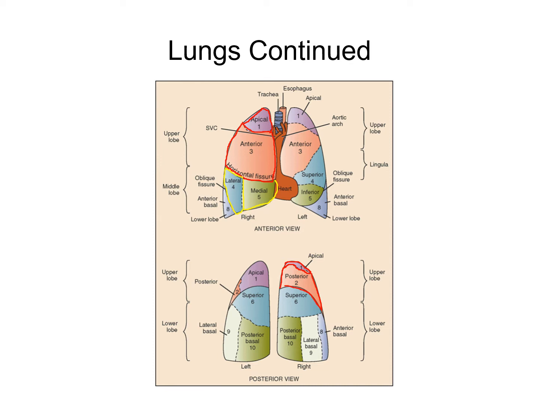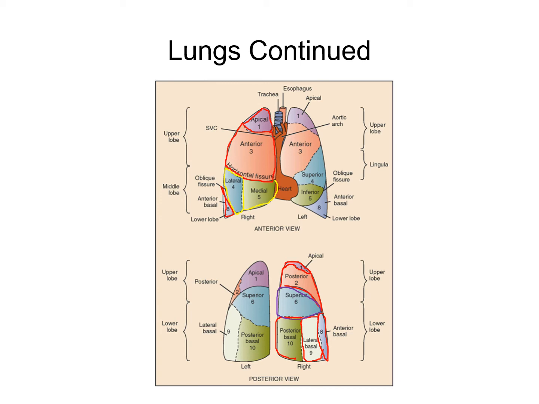And then the lower lobe can be divided into 4 different segments. The anterior basal, which I'm going over here in red, and then in the posterior view, the anterior basal segment, the lateral basal segment, the posterior basal segment, and the superior basal segment. I'm going to change colors for the superior basal segment. So the superior basal segment. The superior border of the right lower lobe is at the level of the 6th thoracic vertebrae and extends inferiorly